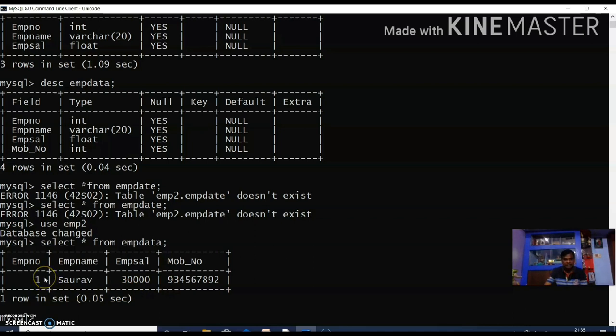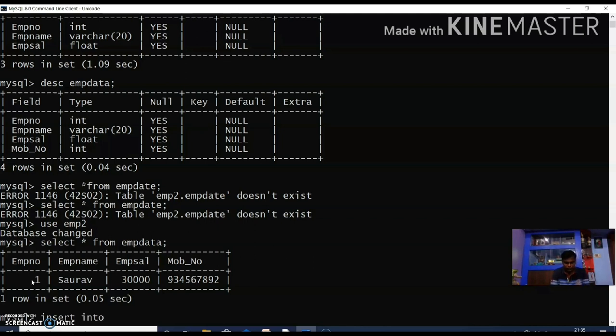The next thing is you want to execute queries to update the records. So before updating the records, you insert some records in that table. What is the command?